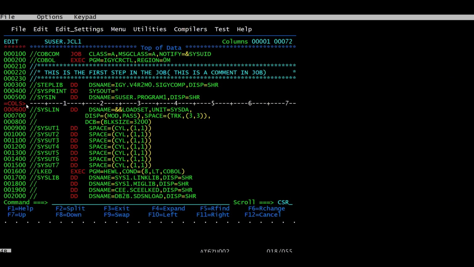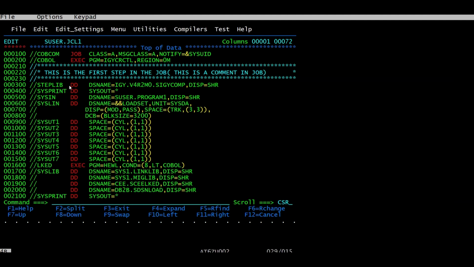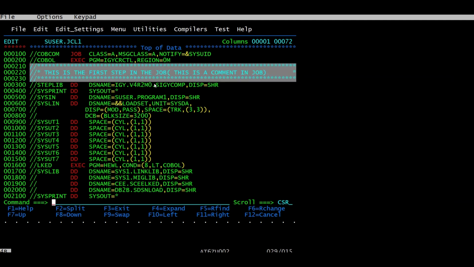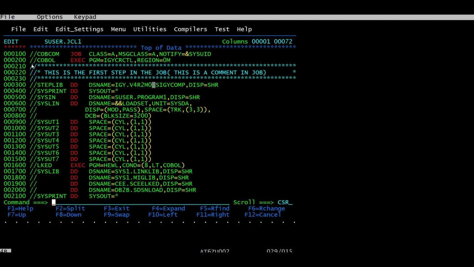Okay. So in this job, let me reset my job. Yep. So in this job, I have written some comments here. How I wrote this comment: I just mark the forward slash, then after that, I mark the asterisk, or you can say star. After that, the job will know that after forward slash, we are having a star. That means these three lines are not an executable statement. These are the comment. So the job will understand, and you can see in the mainframe, the color will change for